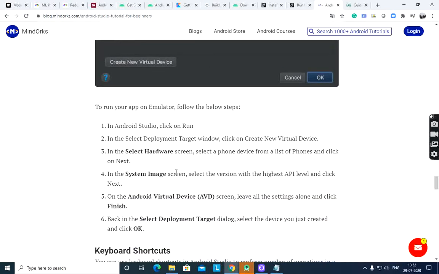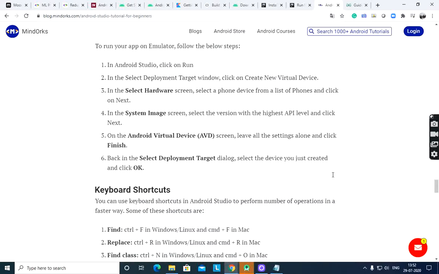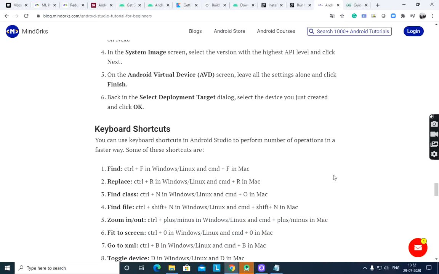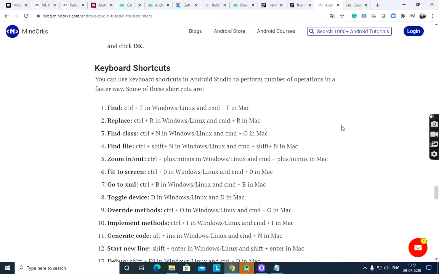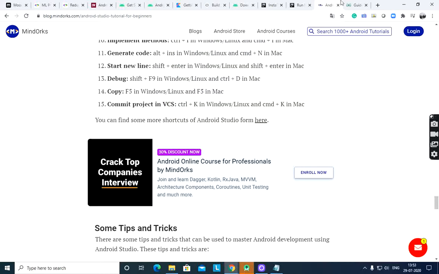After clicking that, you have to select hardware, select image, Android virtual device, and then finish and select deployment target. These two ways are there to execute, and so many various keyboard shortcuts are there in Android Studio.